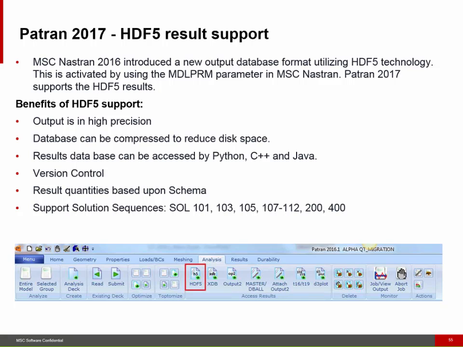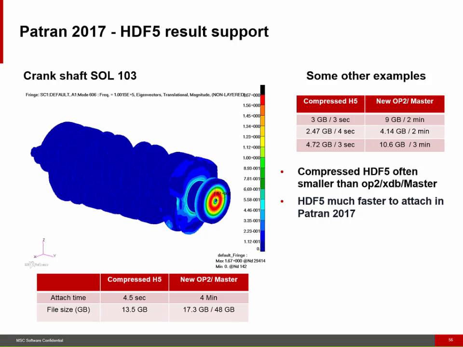Finally, Patran 2017 also supports the HDF5 results file written by MSC Nastran. This is something I already mentioned. The benefits of the HDF5 support: it's high precision, it's compressed, and there's a new capability in Patran to attach the HDF5, where you can read both the model data and the results data sets. So here's a couple of examples. One is a crankshaft